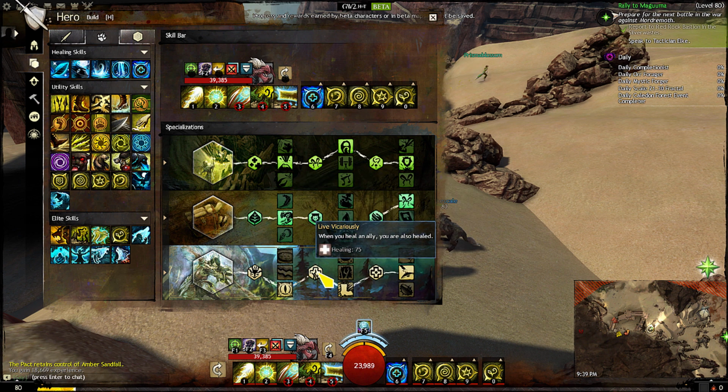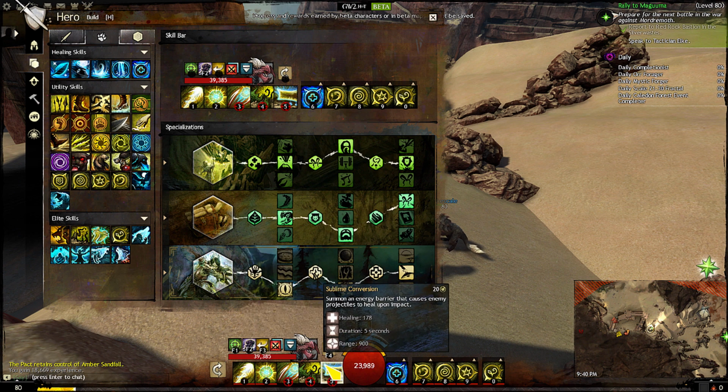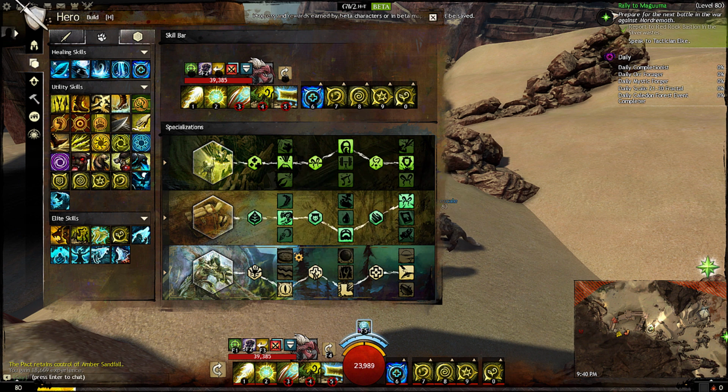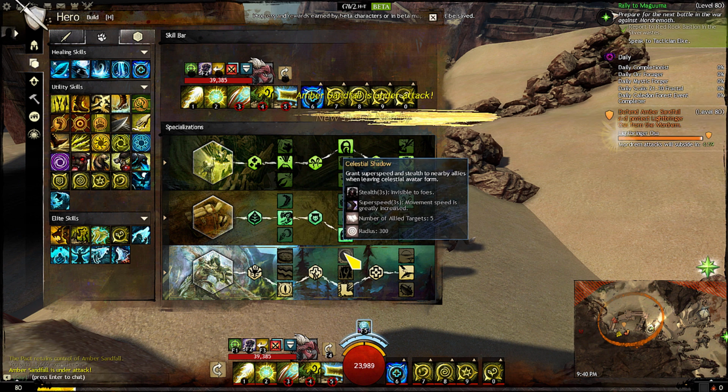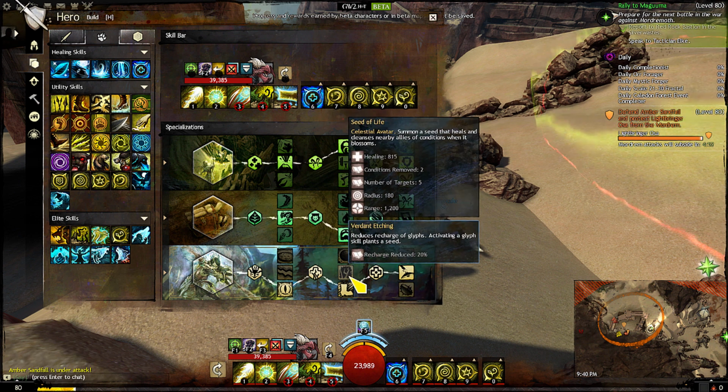Then your next one is when you heal an ally, you're also healed. It's living vicariously. It's great though. I love getting the little bonuses. I mean, it's just a little bit, but everything on here is going to increase a heal, so it's wonderful. Then you've got Celestial Shadow. Grant super speed and stealth to nearby allies when leaving Celestial Avatar form. So when you go into being an avatar, you can remove conditions. When you come back, you can get super speed and stealth, which is kind of cool. So therefore you could try and do this as frequently as possible. Then you've got